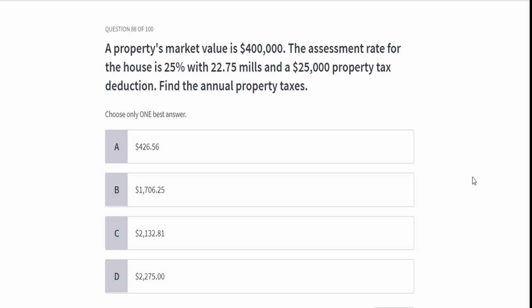All right, let's dissect this problem. It's another math problem. For those of you guys who are like, oh, math, I know, but it does show up on the exam, especially these property taxes and, like I said, the commission problem. You will see a commission problem. There's no doubt in my mind. That's just the way it is. So for this property tax problem, let's bust this out real fast.